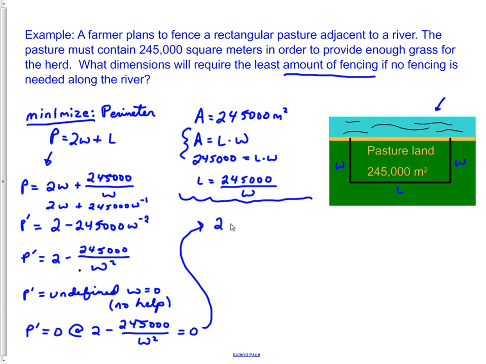That means that 2 is equal to 245,000 divided by w squared, which is to say that 2 times w squared is equal to our 245,000. And if we divide both sides by 2, as we should, in order to isolate w squared, that's our goal, we actually find 245,000 divided by 2 becomes